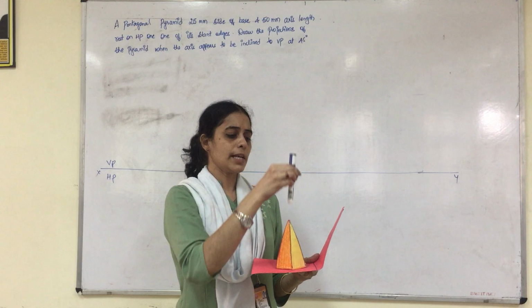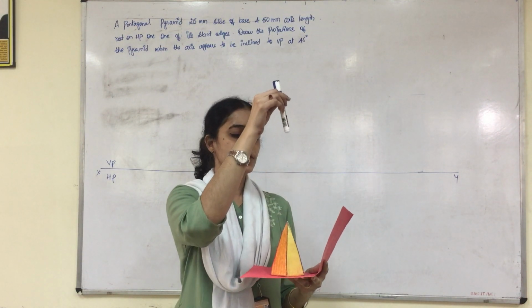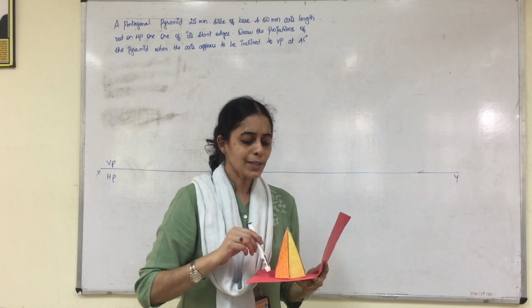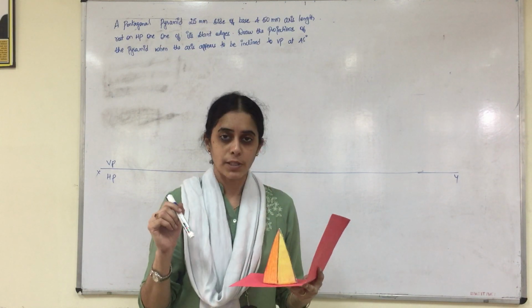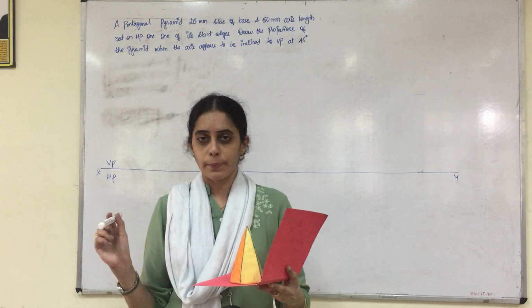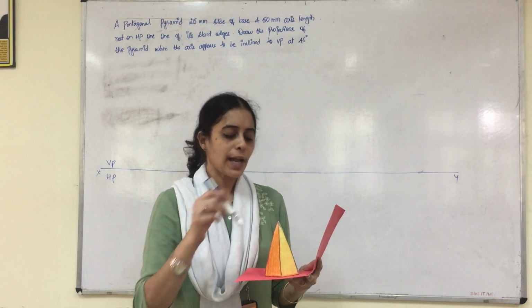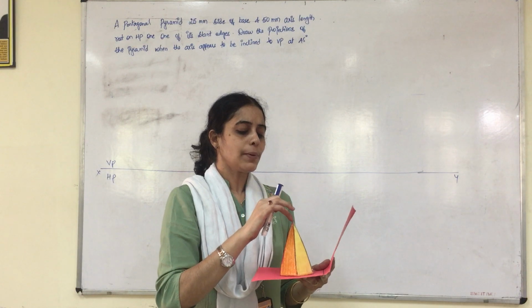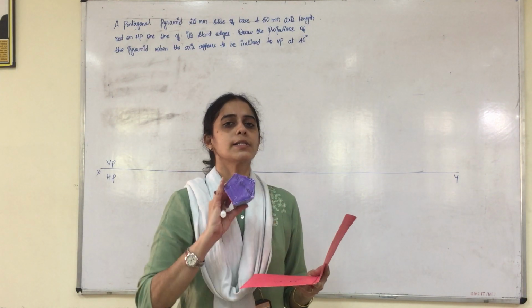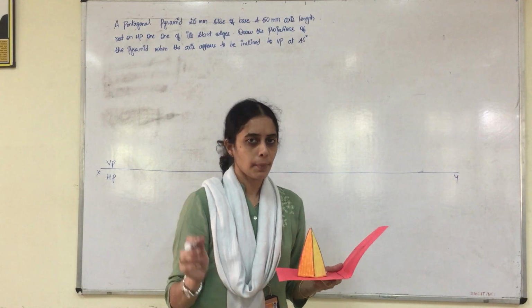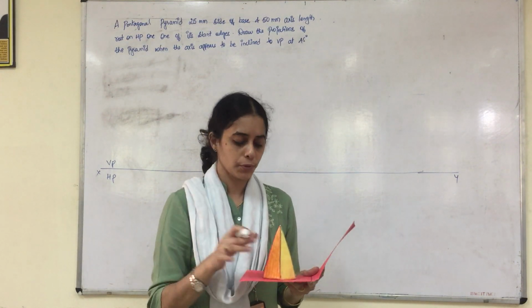You will see the top view from the top. When you view from the top, you will be able to visualize the entire bottom surface of the pentagonal pyramid, so it provides the true shape of the base surface. And when you view from the top, O will be visible, O1 of the base surface will not be visible, so we will put it in brackets. So that is our top view.